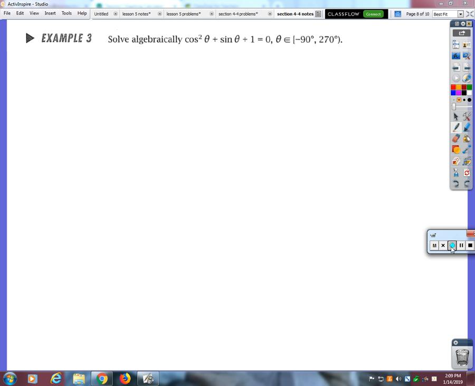Okay, so we can make these more complicated, of course, to solve. The ones that you guys did, the 1 through 10, were just a simple second cosine or second sine or second tangent, and then you did the plus or minus stuff. But we can set it up so you have to do a little bit more work before you get there, okay? So for example, if you were asked to solve cosine squared plus sine plus 1 equals 0,